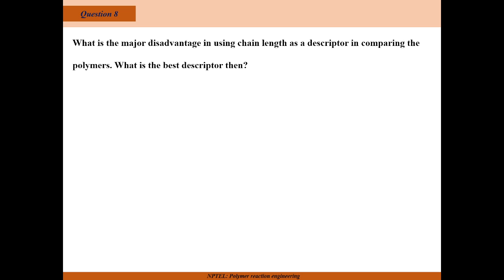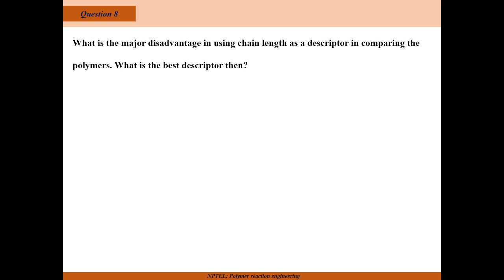I'm just thinking any one of these will be the best option, rather than simply putting it as a chain length. Chain length, as you told, we can represent in terms of an equation. But when we compare two polymers of a similar type, then molecular weight distribution or polydispersity index is one easy way we can describe it. But the major disadvantage of using chain length is that practically, we are